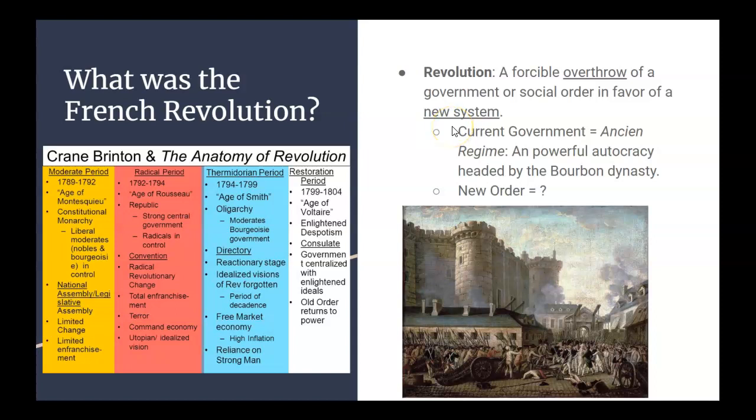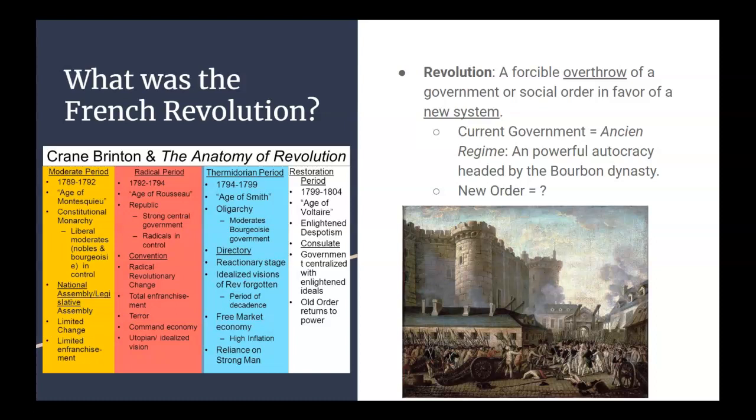A revolution is a forcible overthrow of a government or social order in favor of a new system. So this is when there's some sort of pre-existing order or system in place, and then through force, maybe violence or maybe through other means, but a lot of times through violence, this old system is replaced with some sort of new system. Yes, a lot of times people see it as governments, but you've probably heard of the tech revolution, the social media revolution. These all still count as revolutions because there's an old way people used to do things, aka not tech, not social media, and then forcibly over time, these old ways were replaced with new ways.